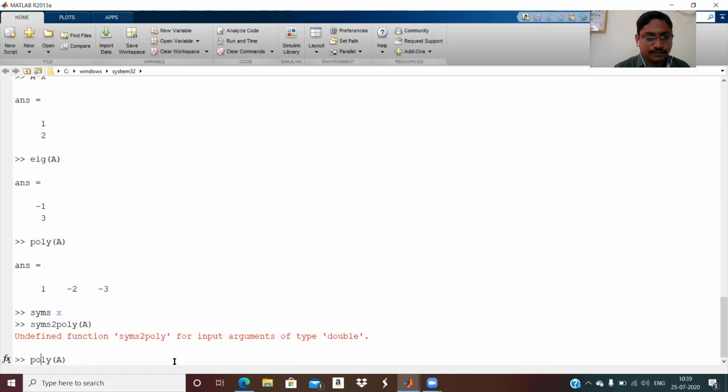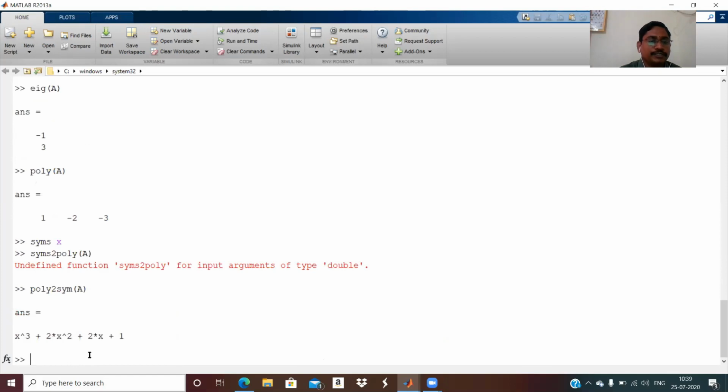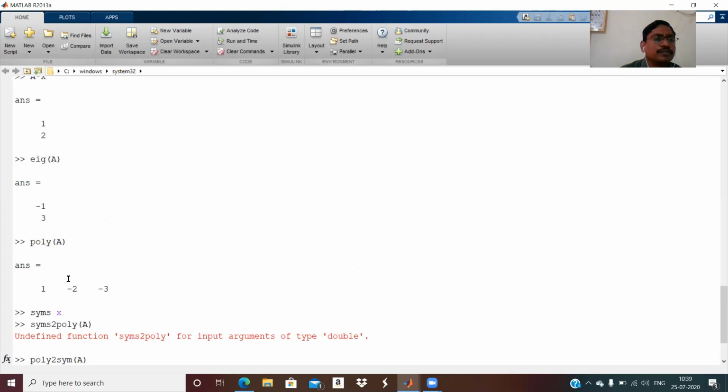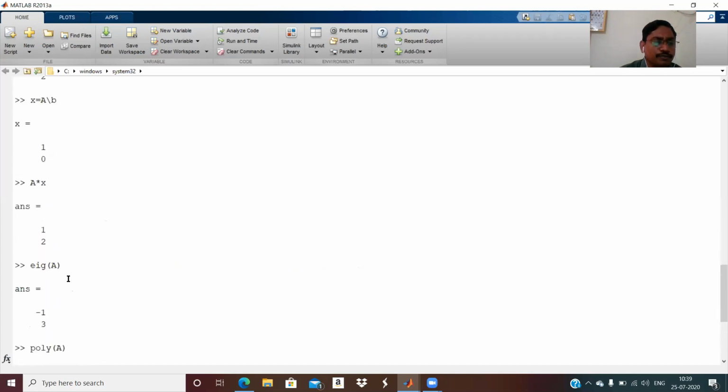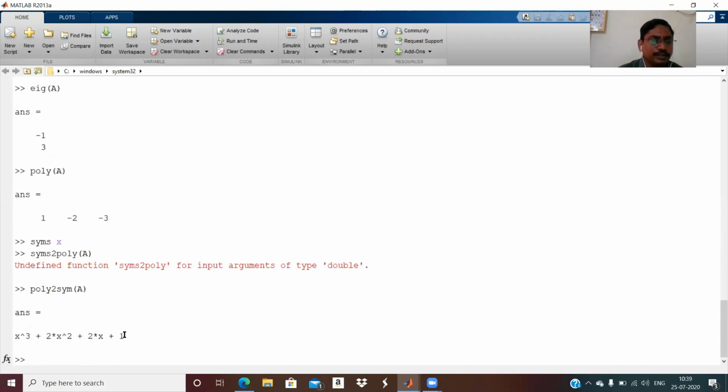Poly to sym. It will generate x cube. What is the order of A? It is 2 by 2. So which A has he considered? I have to clear all those things.